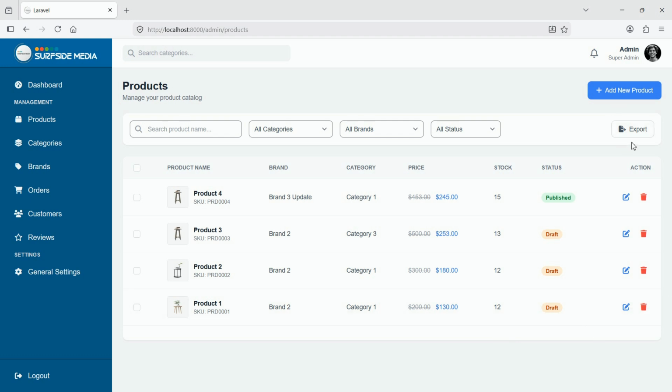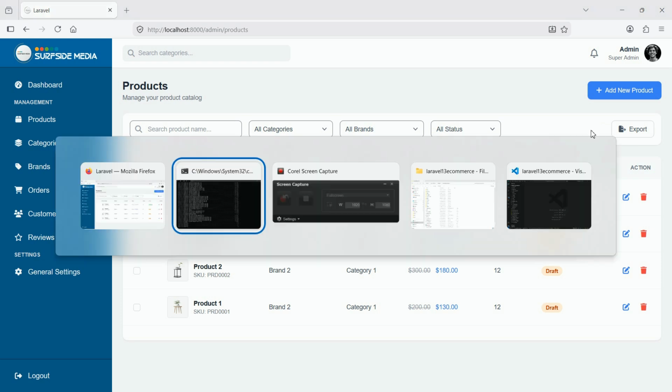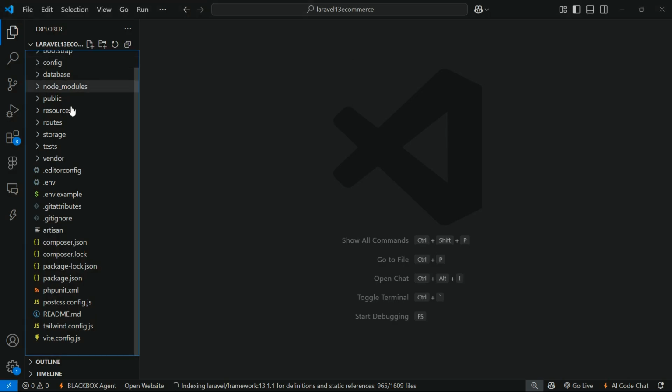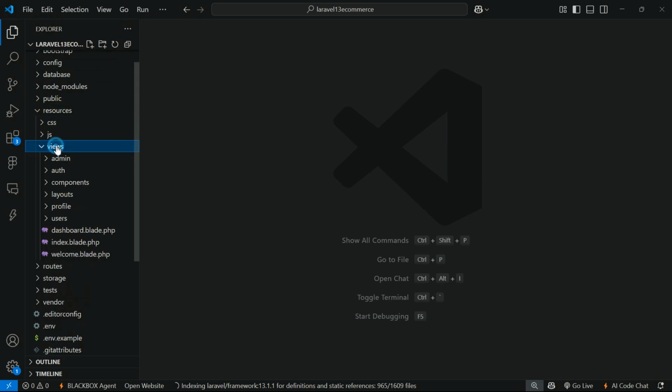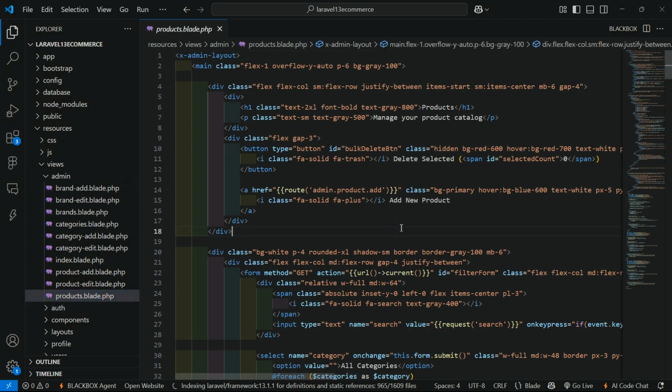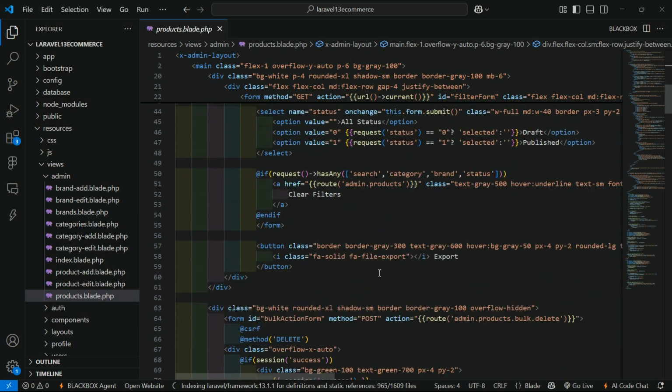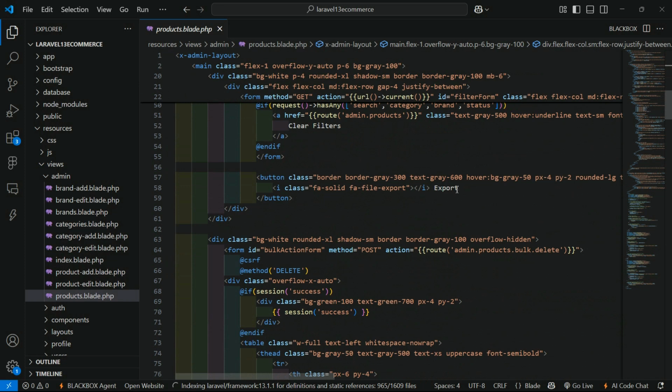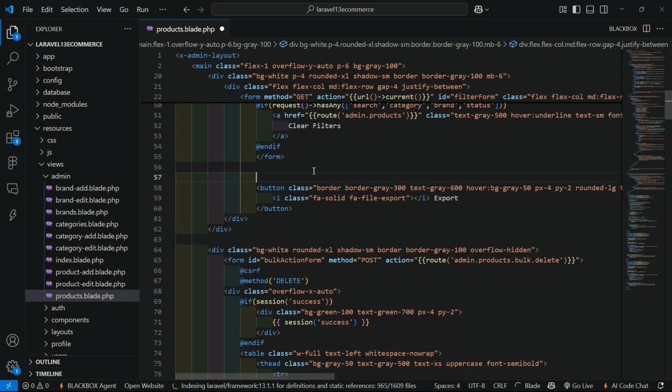So first of all, before this export button, let's add a print button. Okay, so go to the products view file. Just go inside the resources directory, then views and admin, and from here let's open the products view file. And inside this view file, let's find the export button. Okay, you can see here this is the export button, and before this export button, let's add a print